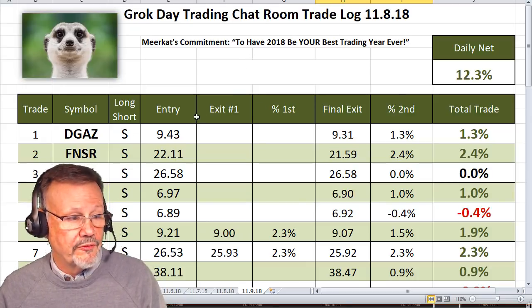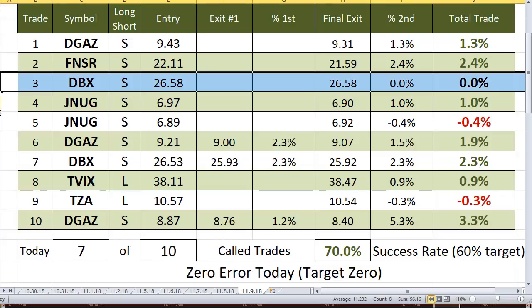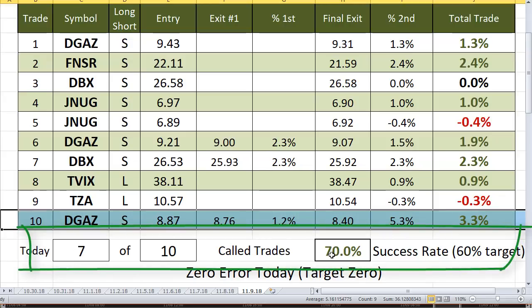So here for the day we had 10 trades. I had one break-even trade here on trade number 3. I just went over trade number 6 here for the 1.9%, and then trade number 10 here was a second trade that I talked about. And we had other ones in between. So for the day, I was at 7 out of 10 trades for a 70% success rate, and then we netted